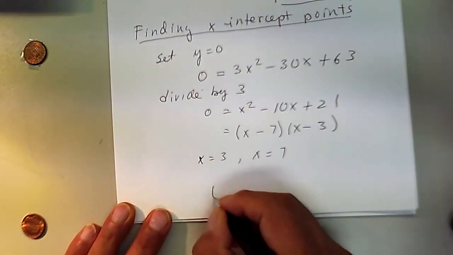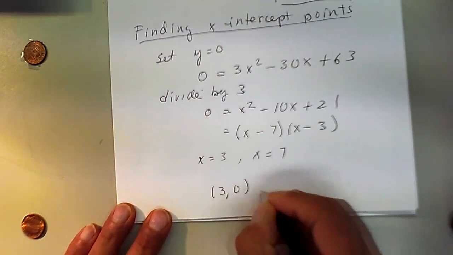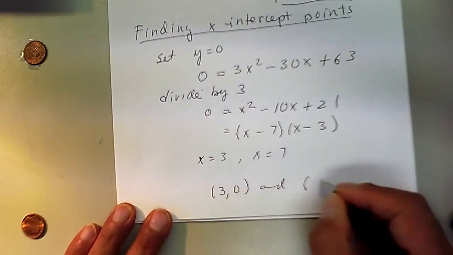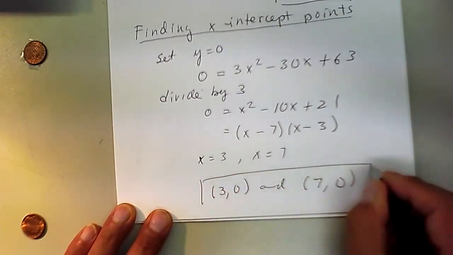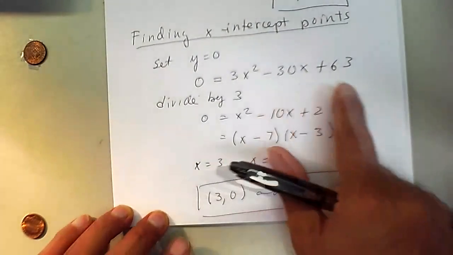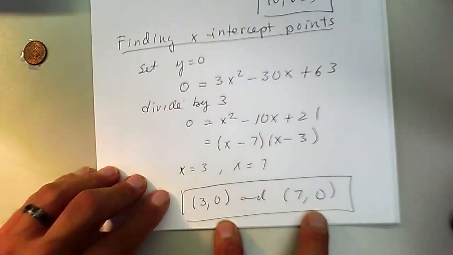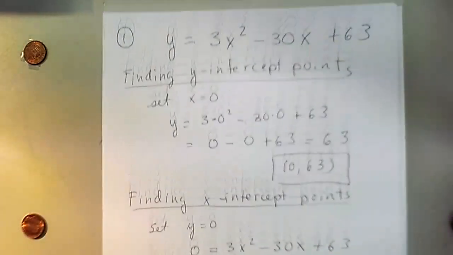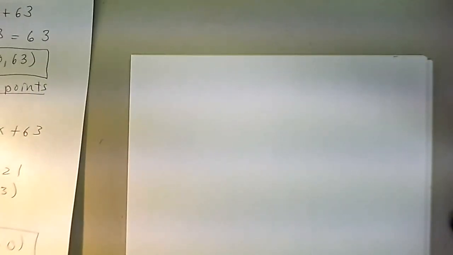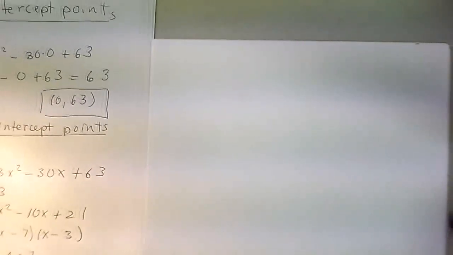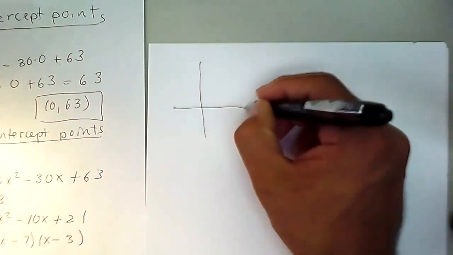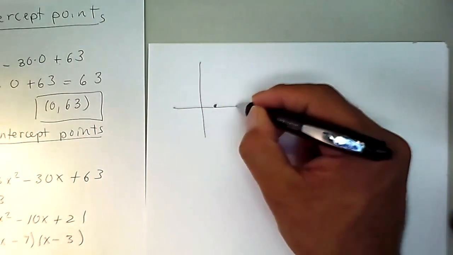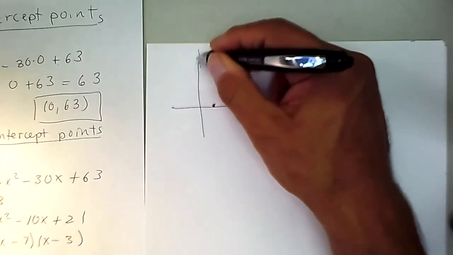So we have (3, 0) and (7, 0) are our two x-intercepts. So this graph has two x-intercepts and one y-intercept. If we don't take into account the scaling of the graph, let's say we have 3, 7, and then 63 doesn't quite fit in this, but